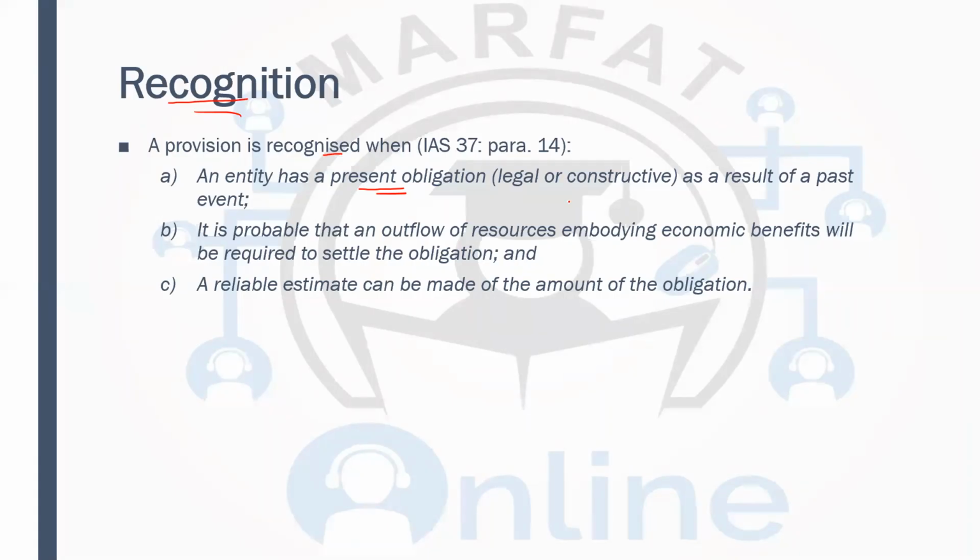Now entity has a present obligation, legal or constructive. Now we'll be discussing this thing in a while. We have a separate slide for discussing legal or constructive obligation. But for now, you can just understand that legal means something which is coming from the law itself. And now the law requires you to do something. When you're talking about laws and regulation, the laws and regulation requires you to do something, that is known as the legal obligation. For example,